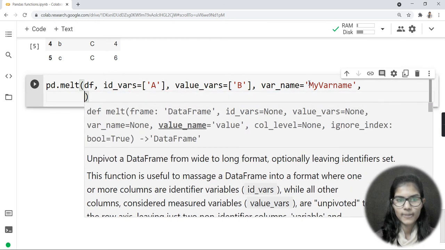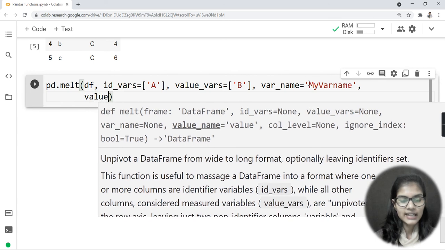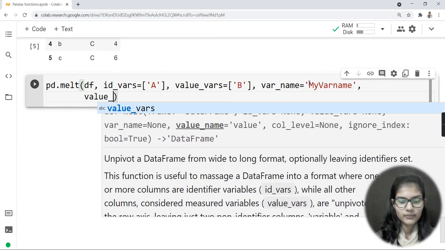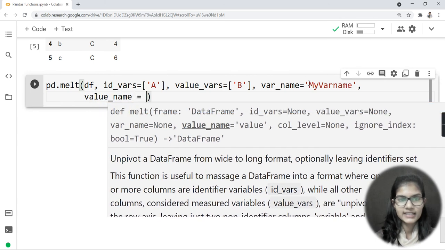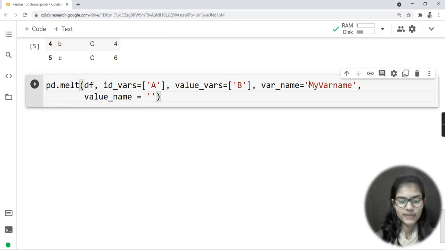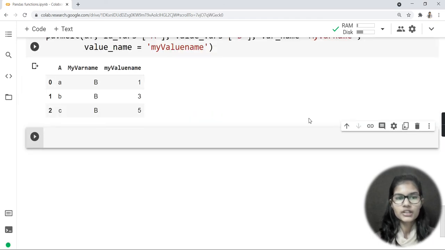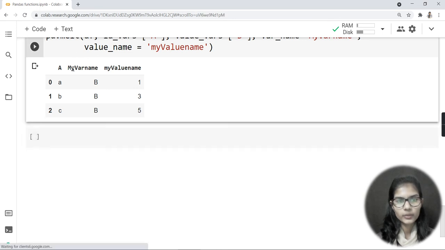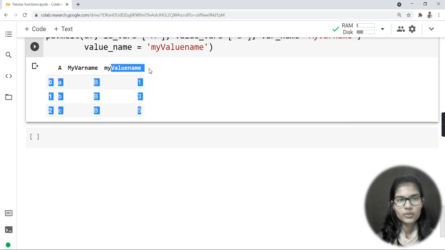Fine. Value_name is equal to, and I put these brackets and here I write my value name. Now I run my program. You can see that the previous columns, which were variable and value, now have their names changed to my var name and my value name.